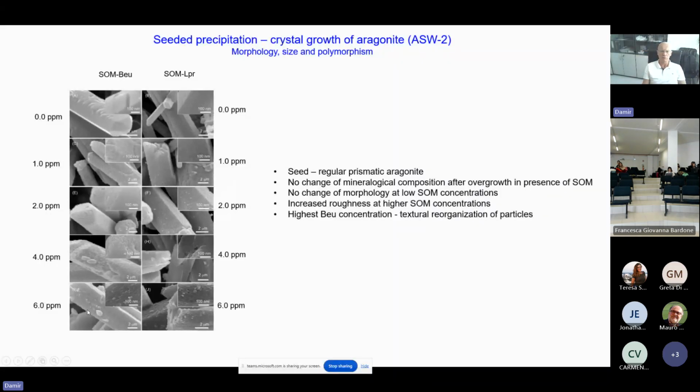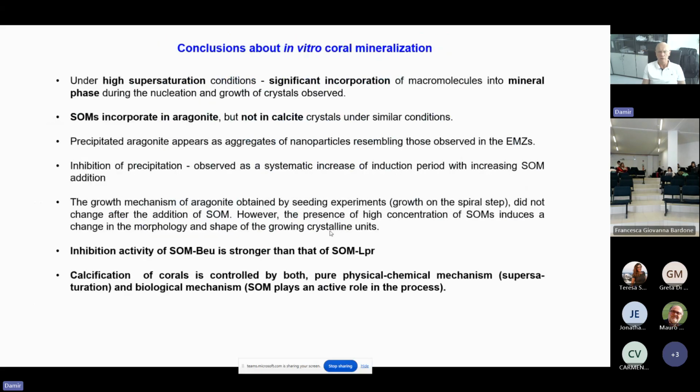Even here, we didn't obtain any change of morphology, but we observe increased roughness. And at the highest Balanophyllia concentration, we observe even textural reorganization of particles, which all indicate some interfacial interactions. And the conclusion we gained here is that under high supersaturation conditions, we observe significant incorporation of both macromolecules in a mineral